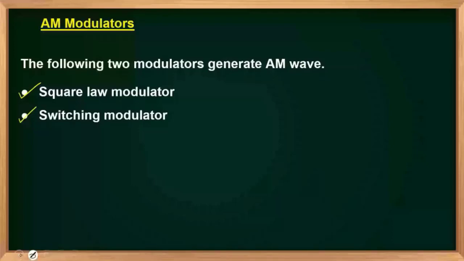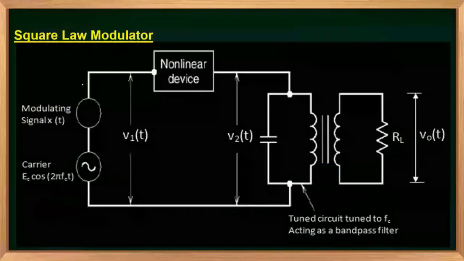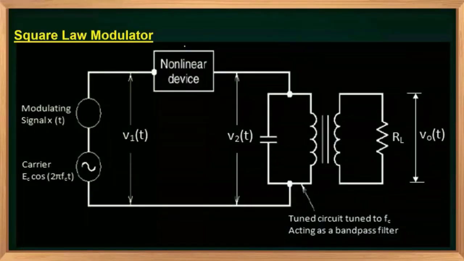Moving to the square law modulator. The square law modulator is a modulating circuit which employs a non-linear device. It is a non-linear device which will produce an output that is proportional to the sum of input voltages, that is the modulating signal and the carrier. Let us denote the carrier by c of t. So the modulating signal and carrier are applied in series to the non-linear device. The non-linear device may be a diode,